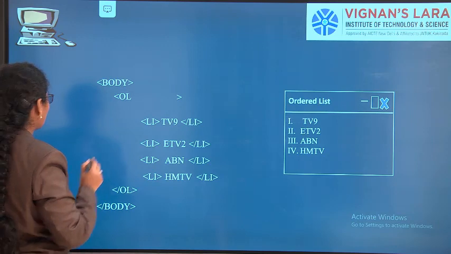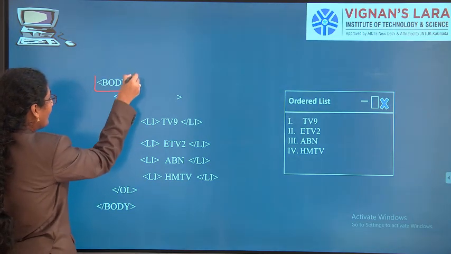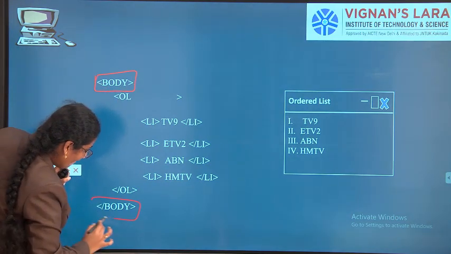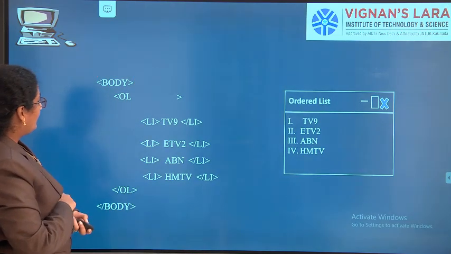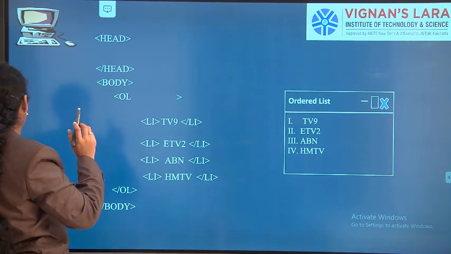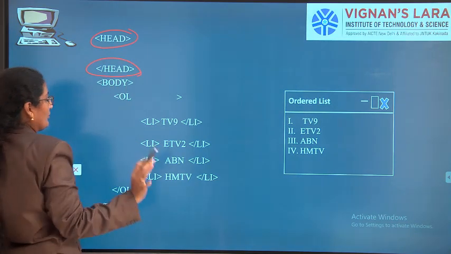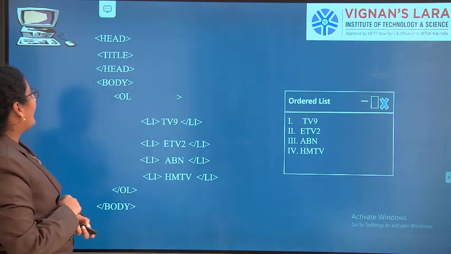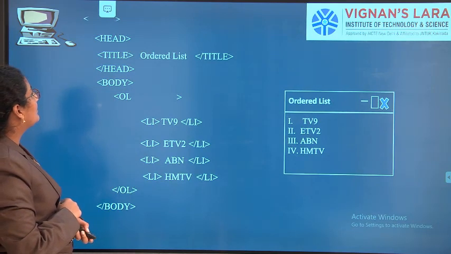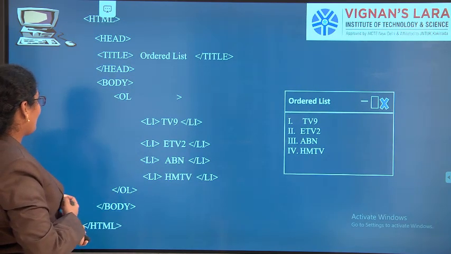See here, very interesting. When body opened, immediately body tag closed. Very interesting. See here, when head tag opened, immediately head tag closed. Likewise, title open, title close, HTML open, HTML close.